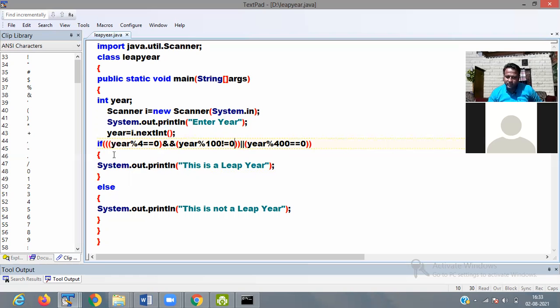So it is one condition. Your year must be divisible by 4 and not divisible by 100, or when you divide your year by 400 the remainder is 0, then it shows leap year.